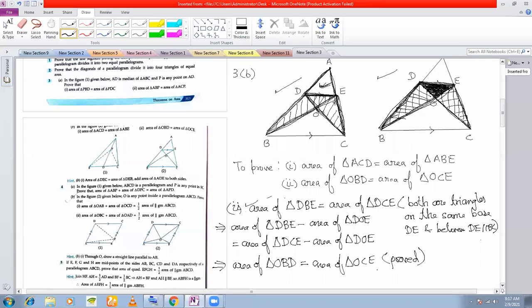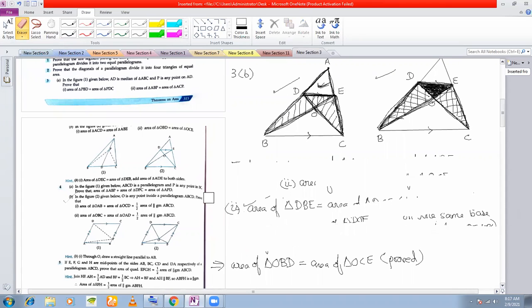Proof. That's it. Okay. So what you see here in these problems, observation is the main thing. You must know the theorems and you must observe. That is the only thing that you require. No mathematics here. Only observation is required. Let us do the next problem, which is 4a.